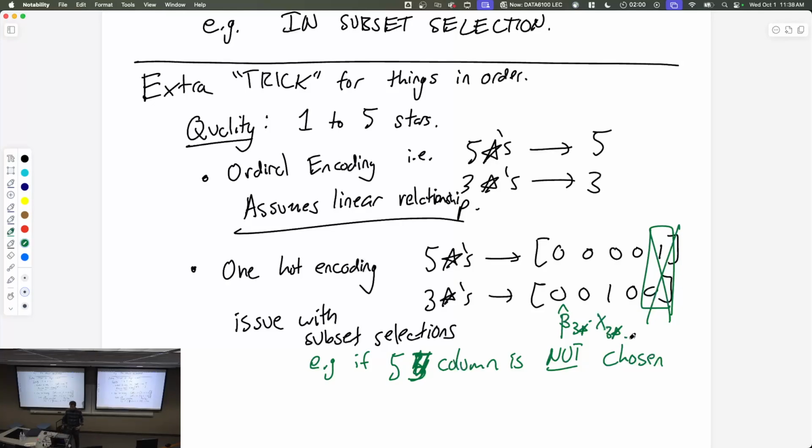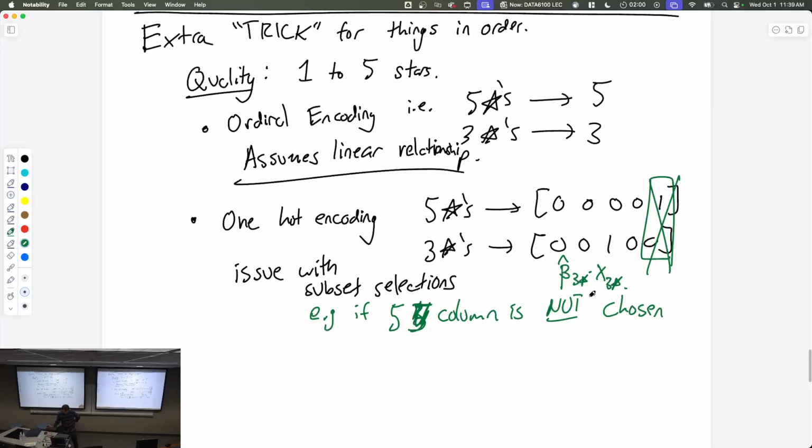Is there a 1 in the 3-star? And that's 0 for the 5-star, so you don't get any bonus at all. You get like 0 added on to your total for the 5-star, but you do get some bonus added on for the 3-star. So as soon as you start doing subsets, things kind of don't make sense with the one-hot encoding. And so there's a solution, which is this trick that I call over here, which is,